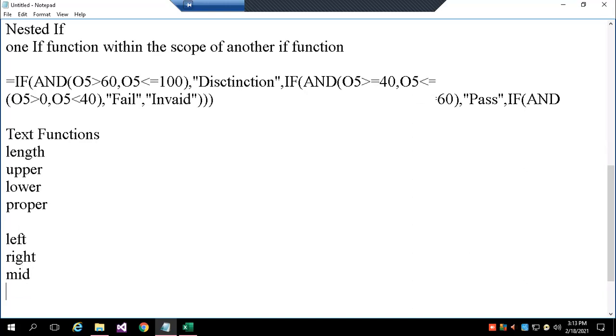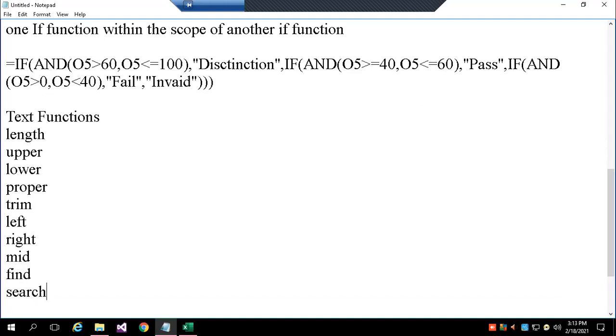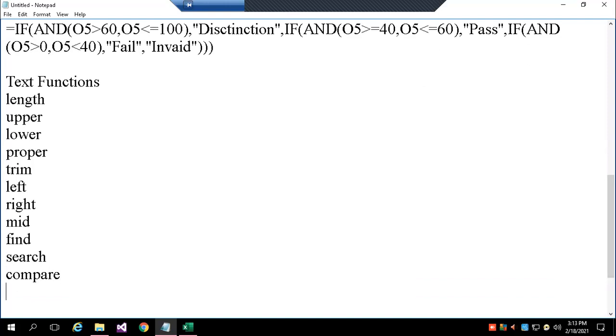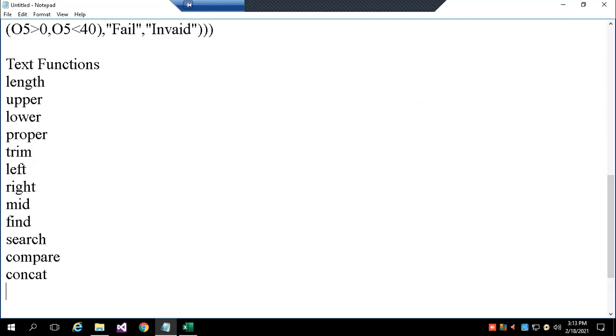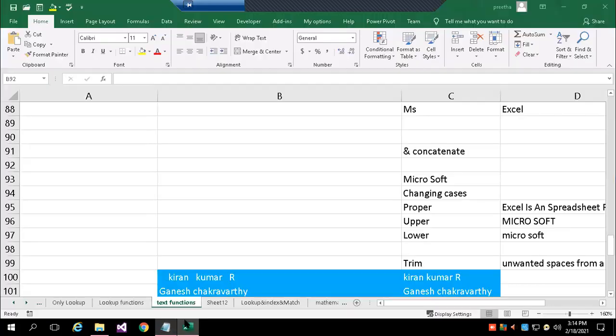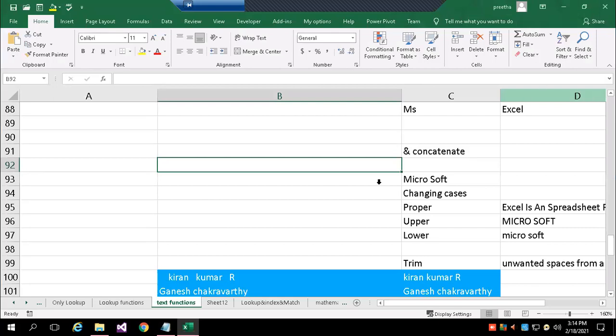To remove unwanted spaces, I use the function called TRIM. For searching text, we use the functions FIND and SEARCH. For comparing text, we use COMPARE, for concatenating text we use CONCAT, then REPEAT. At minimum, we will try all these functions. Okay, now let's consider the examples.